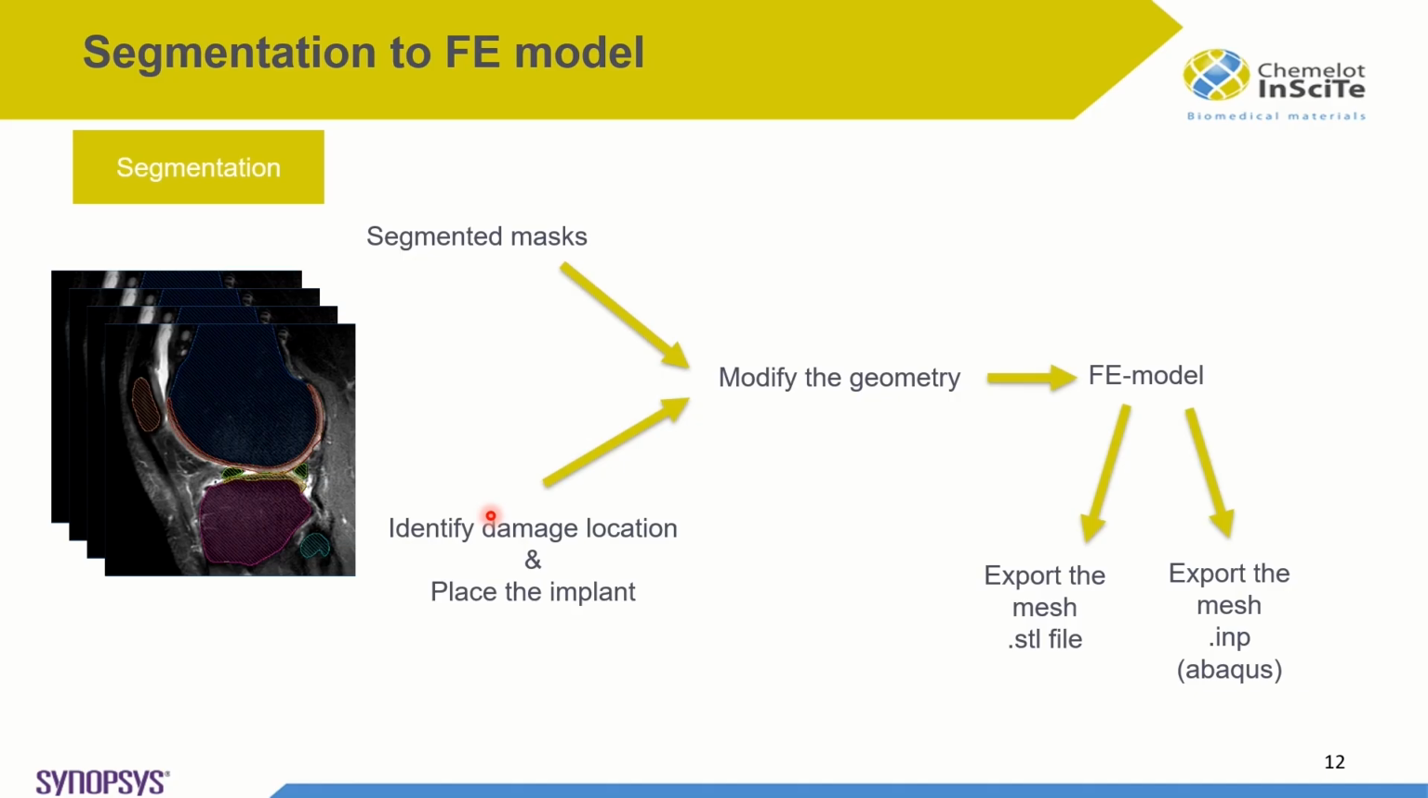After the segmentation, the segmented masks are used to generate a 3D model. And in this model, we can also use the location of the damaged cartilage and the implant. And we can modify this 3D geometry to incorporate also the implant. After the modification of the geometry, you can create a finite element model mesh within the Synopsys software and export it to your finite element solver in terms of an STL file, or if you are using one of